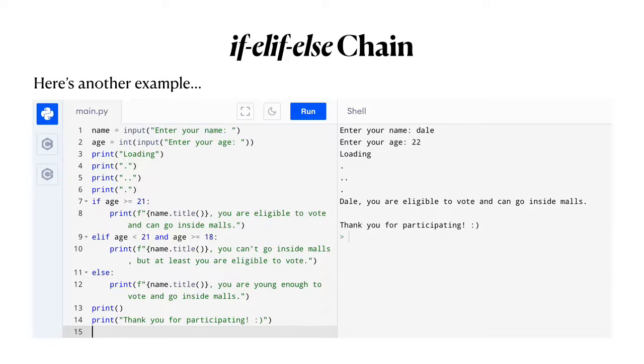So those are the three possible outcomes, which is more than 2. If there are more than 2, you need to use if-elif-else. What are our three possible outcomes? We are eligible to vote and can go inside the mall; we can't go inside the mall but are eligible to vote; or we are too young to vote. The only input value Python looks at for conditional testing is the age. The name is just for